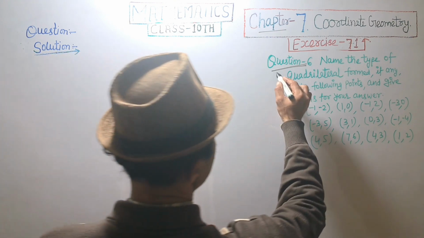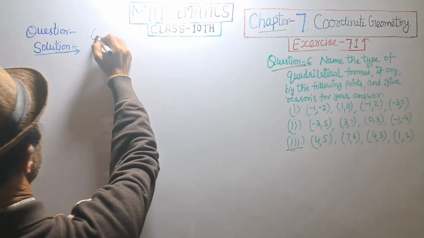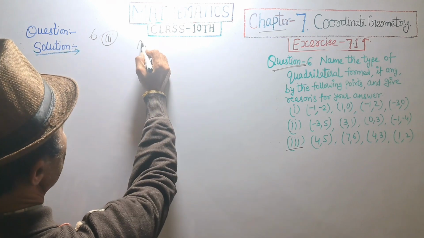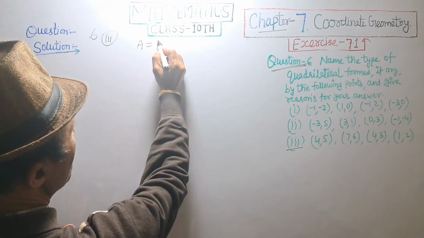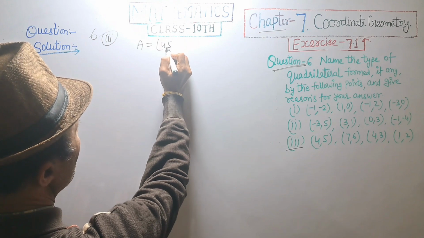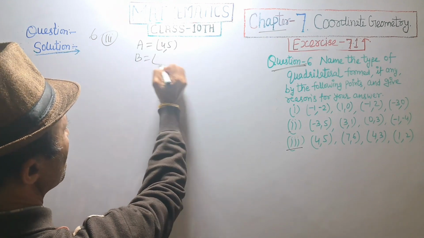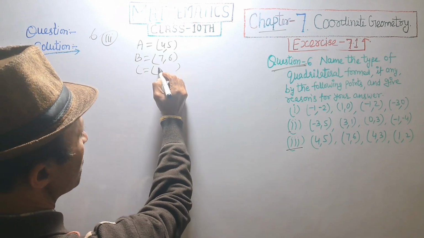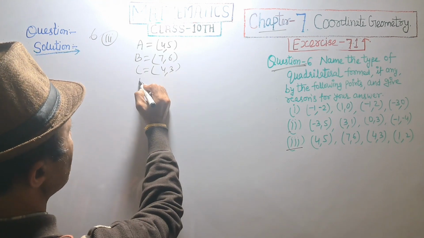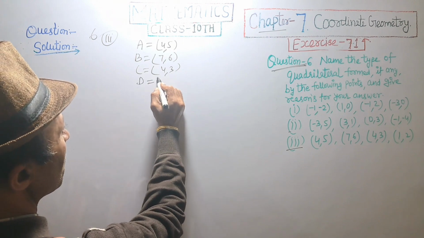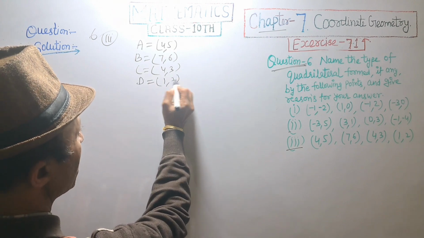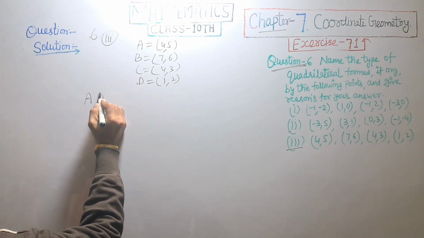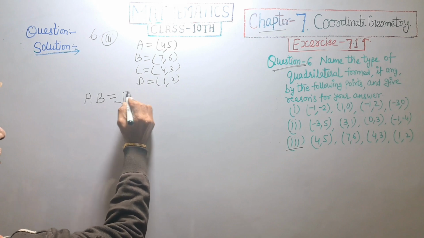Answer. Question number 6, third part. Given points A is equal to 4, 5, B is equal to 7, 6, C is equal to 4, 3, D is equal to 1, 2. Using the distance formula, AB is equal to the square root of